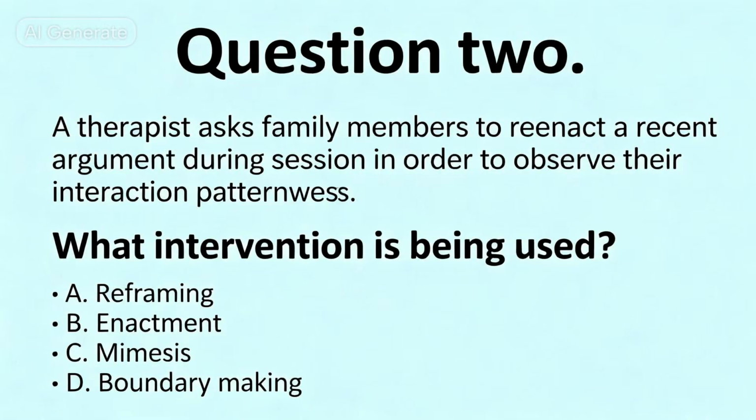A. Question 2. A therapist asks family members to reenact a recent argument during session in order to observe their interaction patterns. What intervention is being used? A. Reframing. B. Enactment. C. Mimesis. D. Boundary making. Correct answer: